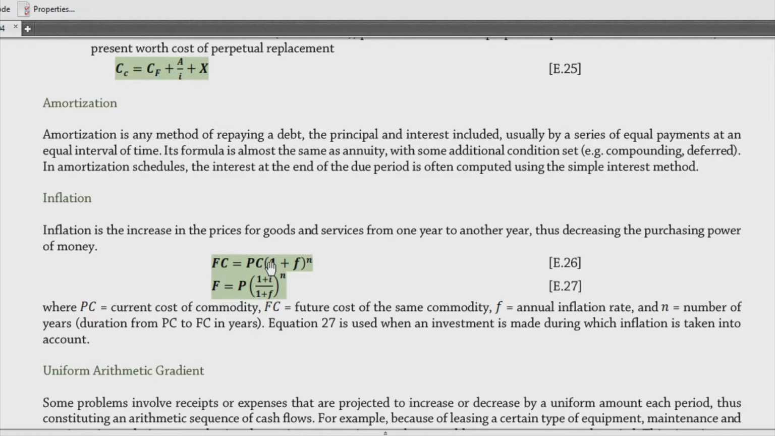So, i-multiply natin sa 1 plus F, which in this case, yung F is the annual inflation rate, and then we raise that to the number of years na mag-exist yung ating inflation, or we could just say na ito yung duration kung saan mamimit natin yung future cost ng ating present current cost ng commodity. So, ito yon, may equation 27 siya, and this is used when the investments made during which inflation is taken